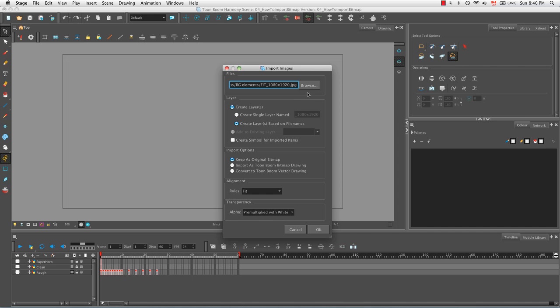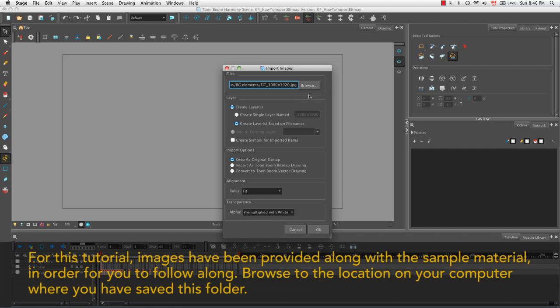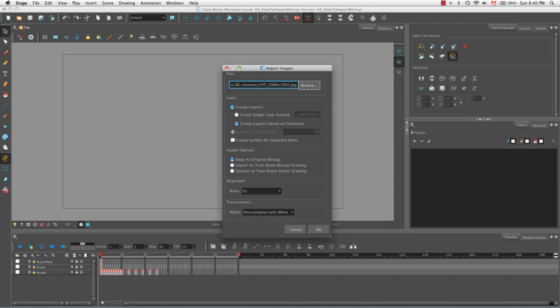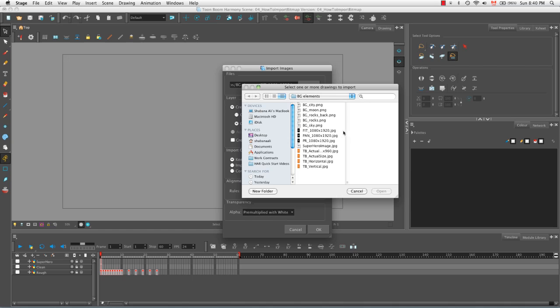So the first thing you would need to do is click on this button here to browse somewhere on your computer to find an image. Usually you'll see this blank. I had been importing images a little bit before the start of the tutorial, so this is already filled in. So let's browse for that image. And I'm going to select this one, Fit 1080 by 920,